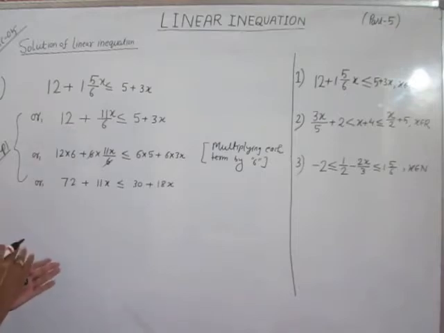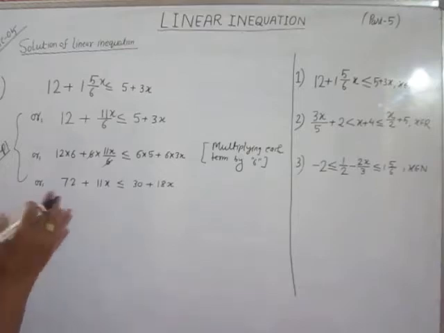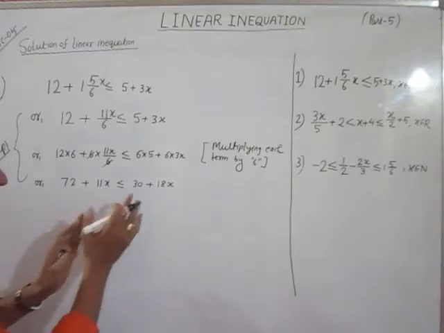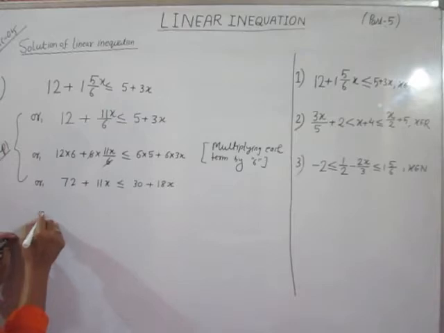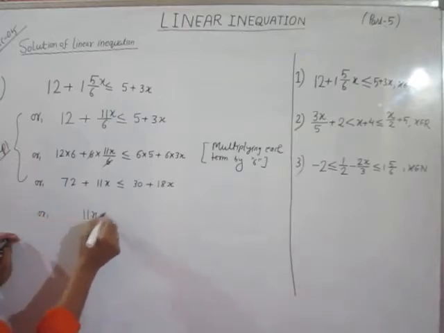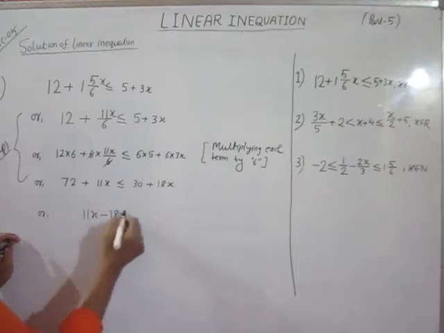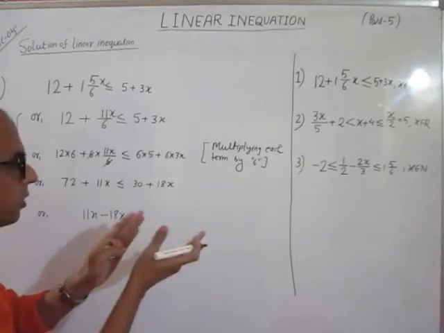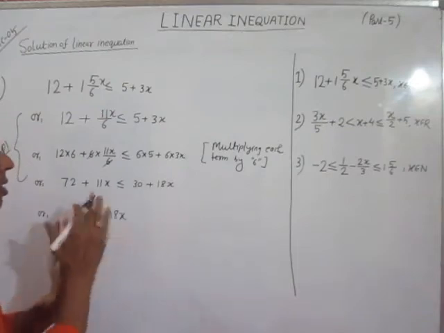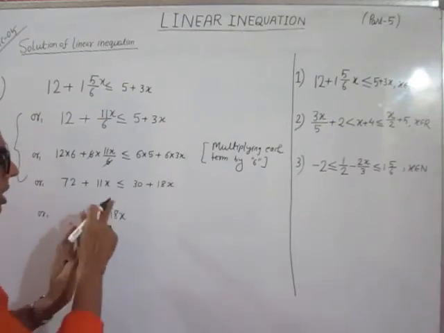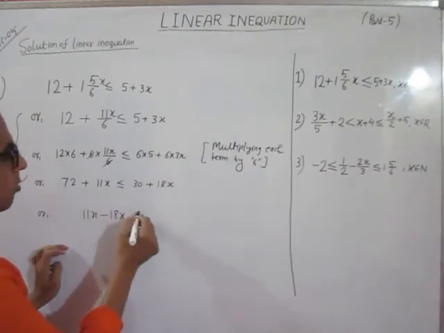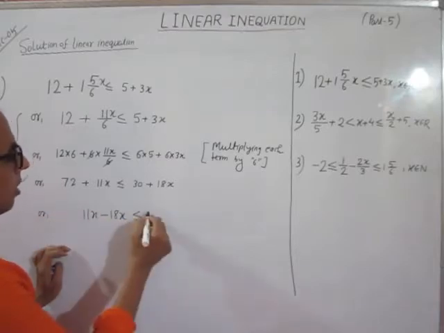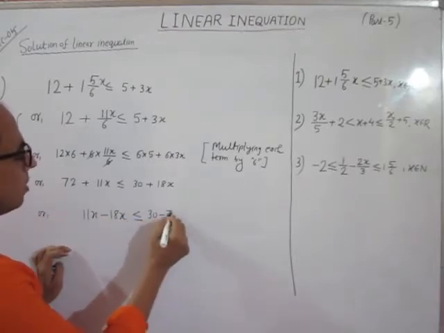side and the constant which is free from x towards the other side. So shift all the terms of x to one side. So write 11x as it is, shift this 18x to the left side, minus 18x. Now according to the rule, on transferring a term from one side to the other side, we will not change the sign of inequality. So this sign of inequality will remain the same. Here it will be 30 minus 72.